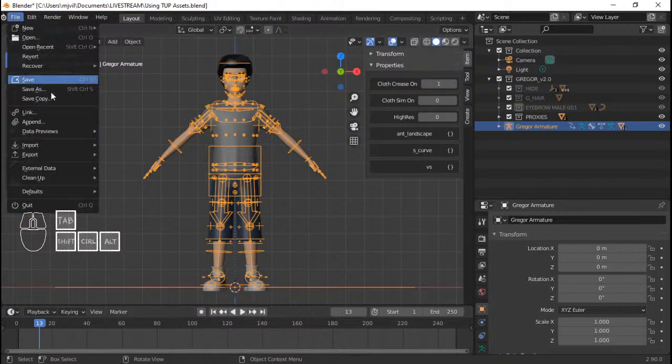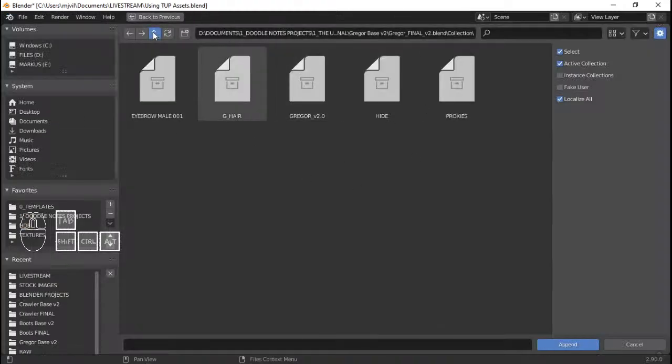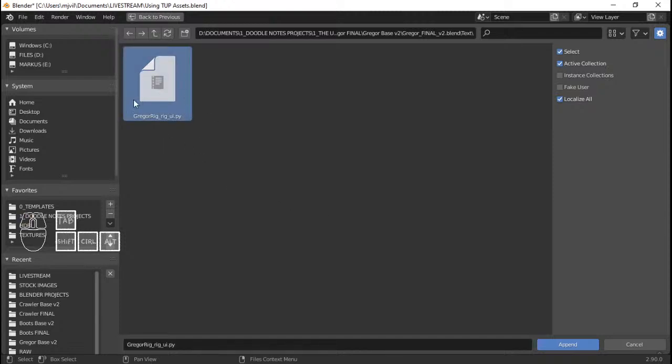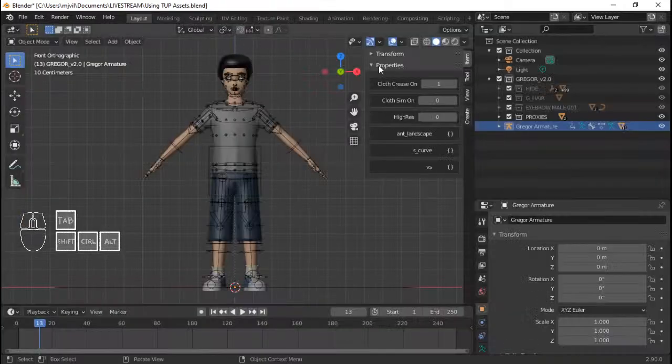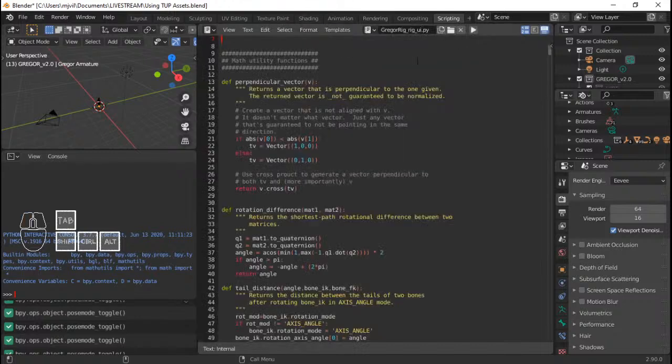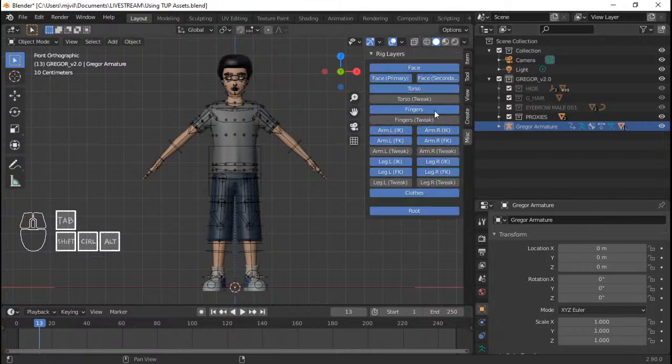go back here. So I need to append another text file from the same blend file. If you press append, you'd still be in the same blend file, the Gregor Final version 2, and there should be a text folder once you open this one, and we need to append this Gregor rig underscore UI Python file. So I'm gonna append it and run it by going to the scripting workspace. I'm gonna select the Gregor rig UI here, which will not appear if you didn't append it first, and press this play button to run it. What this does is it creates this panel here where we can easily hide or show some bones